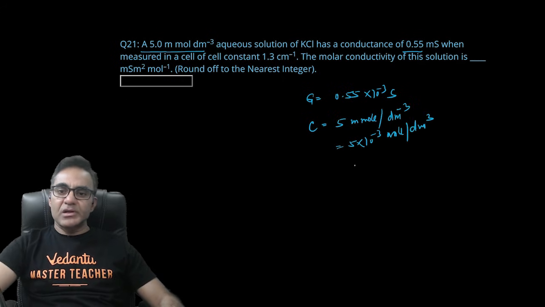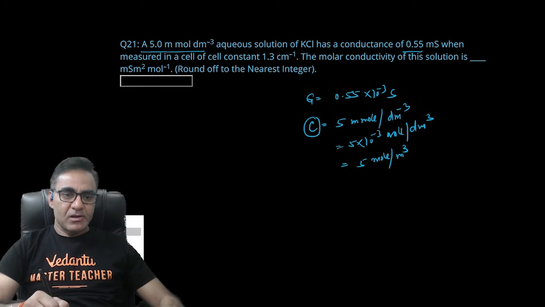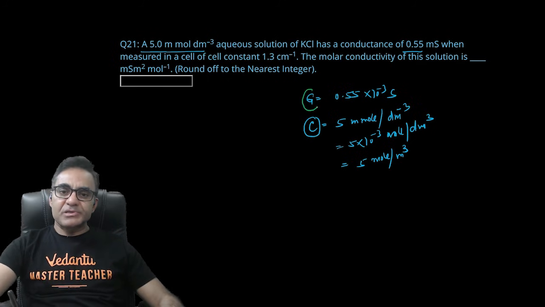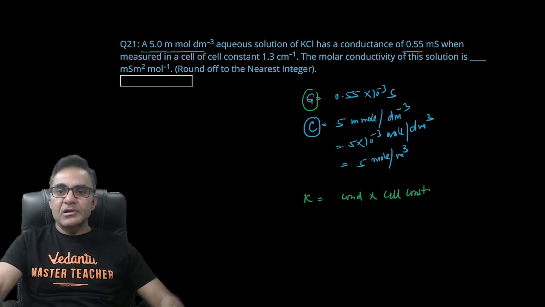अब इसको अगर मैं कन्वर्ट करूं मोल पर मीटर क्यूब में, तो ये आ जाएगा 5 मोल पर मीटर क्यूब, क्योंकि मैं सारा एसआई यूनिट रखना चाहता हूं। एक्चुअली मिली मोल पर डेसीमीटर क्यूब एंड मोल पर मीटर क्यूब सेम होता है, आप कन्वर्जन करके देख सकते हो, ठीक है। तो कॉन्सेंट्रेशन मुझे पता है एसआई यूनिट में, और कंडक्टेंस मुझे पता है। अब मैं स्पेसिफिक कंडक्टेंस निकाल लेता हूं। स्पेसिफिक कंडक्टेंस होगा कंडक्टेंस इनटू सेल कांस्टेंट, राइट। स्पेसिफिक कंडक्टेंस ही निकालना है एक्चुअली। कंडक्टेंस आपको दिया हुआ है,